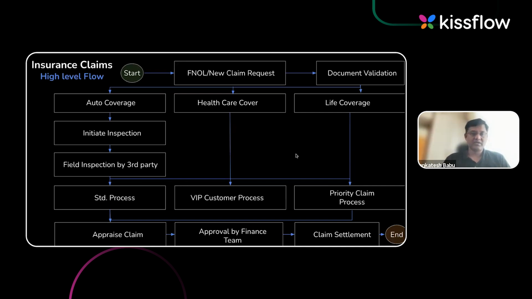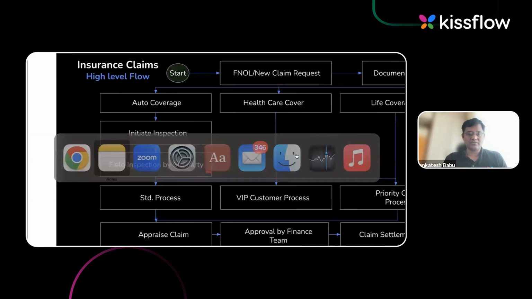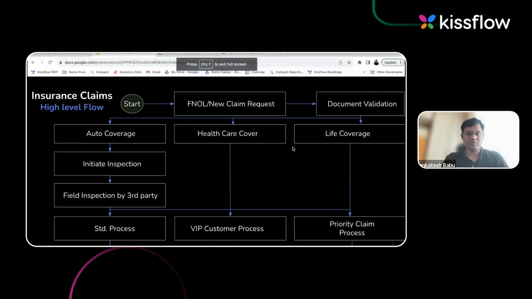Here we have auto coverage, healthcare and life coverage. Similarly, inspection and validation by a third party if there is more damage to the vehicle, priority queues for VIP customers, and high priority claims. That is something we should be able to look at. Okay, I'll just move on. Just give me a minute. I'll move on to the